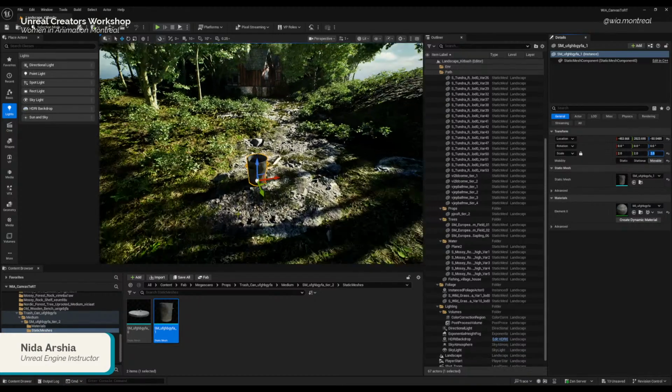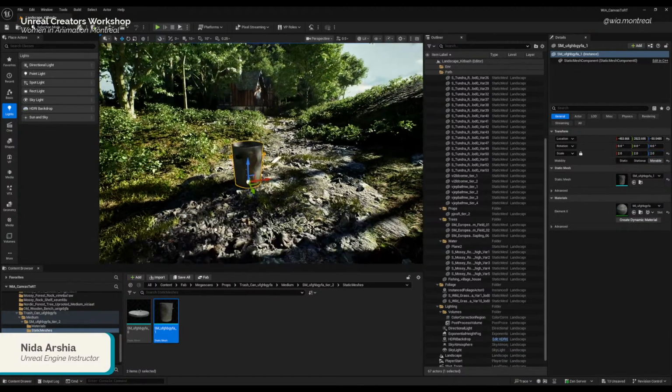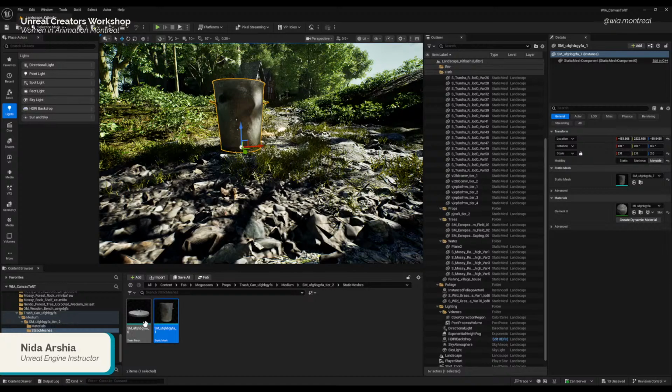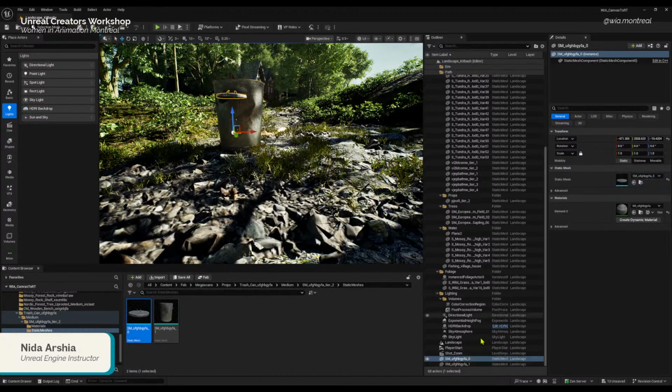Let's just get it to this size. And I am going to place the lid also right here. So I'm just going to scale this lid to 2. And I want them to be part of the same asset.